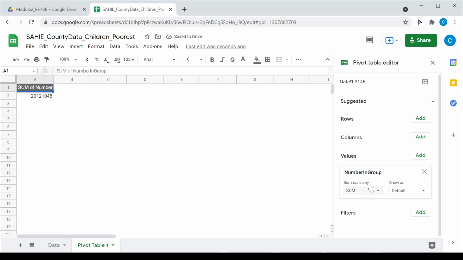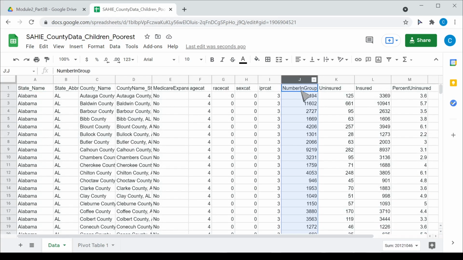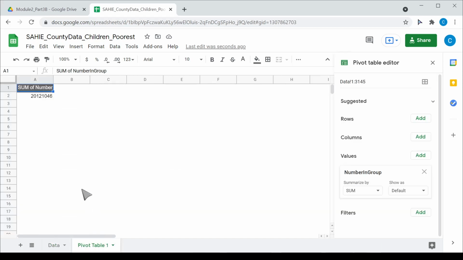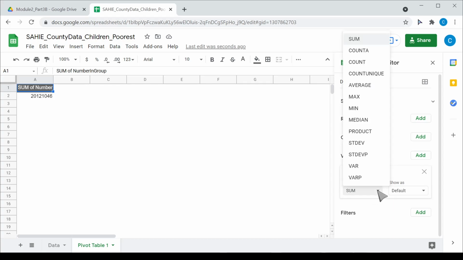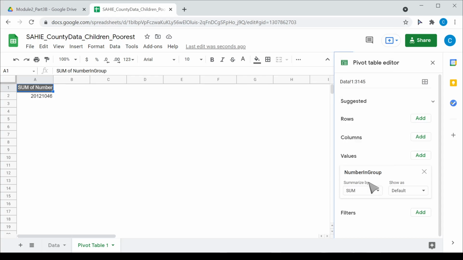In my values box, I have options for what kind of summary is being done. Now I actually wanted the sum of that column. So I was hoping to get the sum of the number and group. And that is indeed the default setting here for this particular summary. If you want to get other summaries, those are available from that drop-down box right next to sum. You can see that I can get count information, I could do an average, min, max, median, I could do standard deviations, etc. But here I just want to obtain a sum, so I'm going to leave that as it